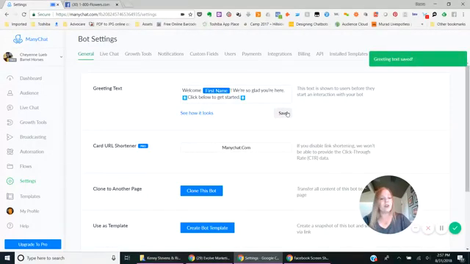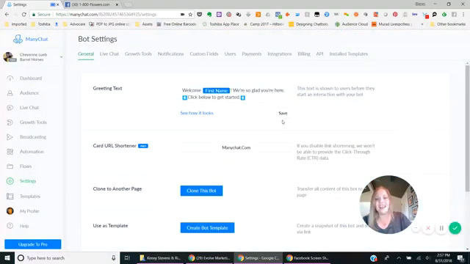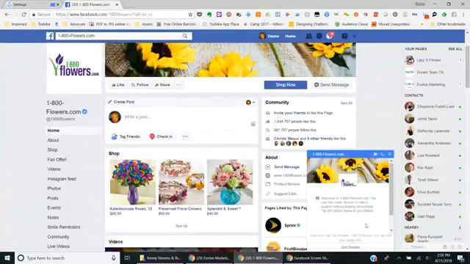And now when you go to your bot, or when you open your messenger, this will pop up for whoever goes to your messenger, and they can click get started. It's a little more automated and fun. All right, so that is the greeting message. Now let's go back to 1-800-Flowers. So when we click get started,